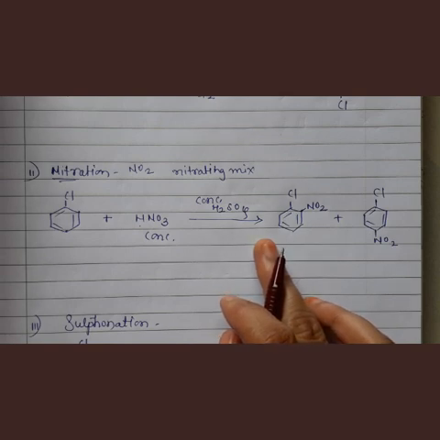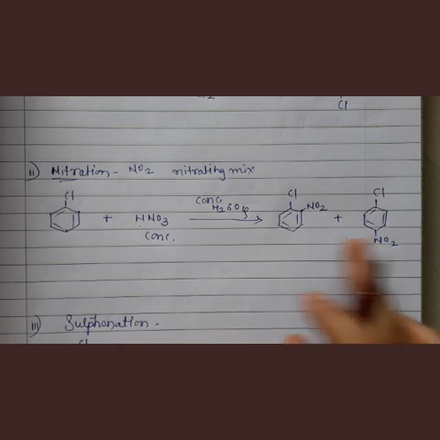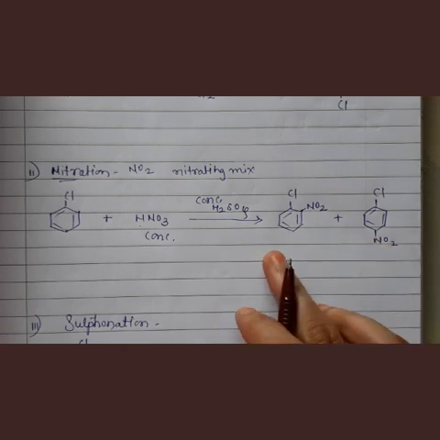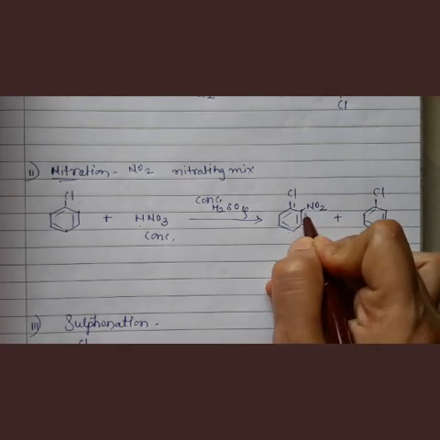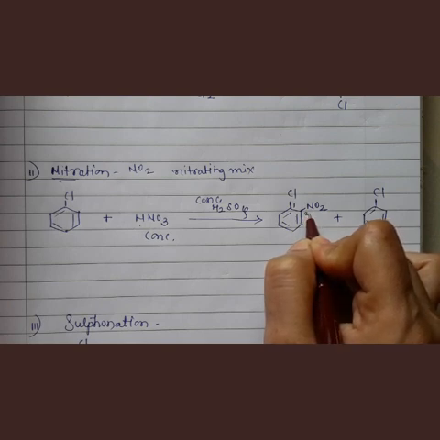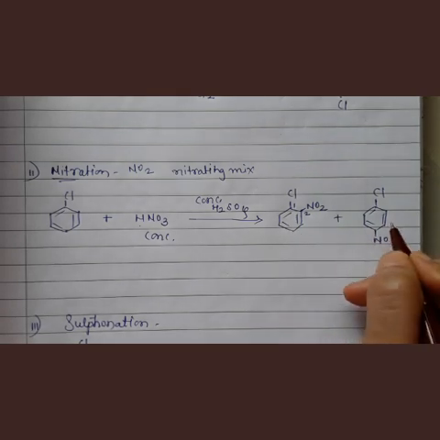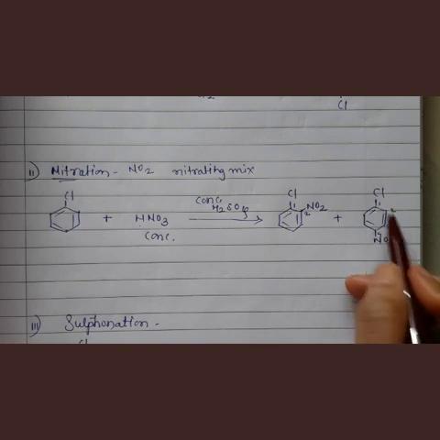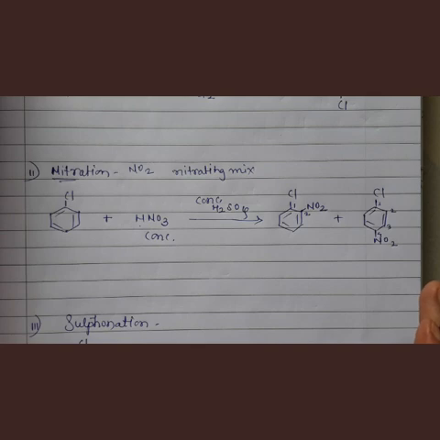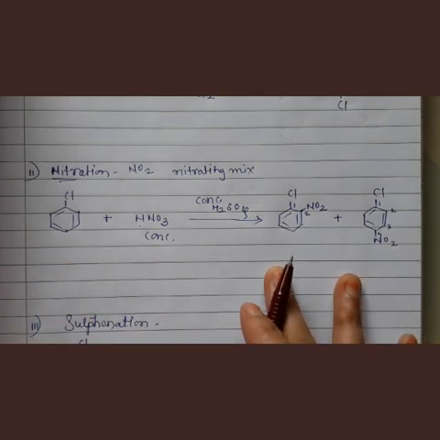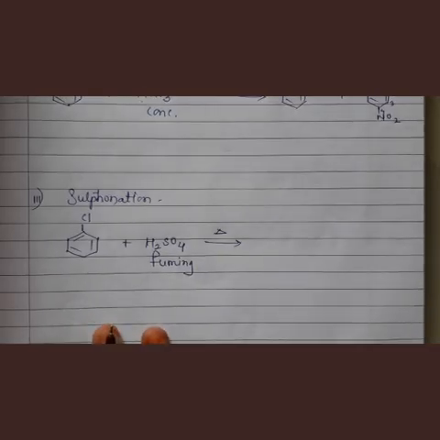Okay, and this one is 1 chloro 4 nitrobenzene. Okay, this is 1 chloro 4 nitro and this is 1 chloro 2 nitrobenzene. Okay, first, second. Okay, so this is 1 chloro 2 nitrobenzene, and if you will number over here 1 2 3 and 4, so 1 chloro 4 nitrobenzene. Understand? So this reaction is called as nitration reaction. Let us see now next and last reaction of the chapter is sulfonation reaction.